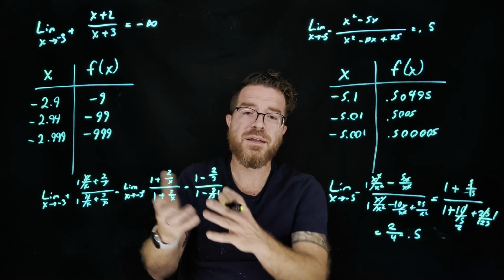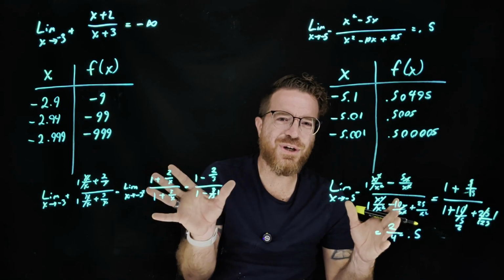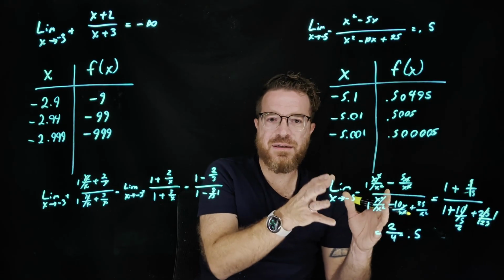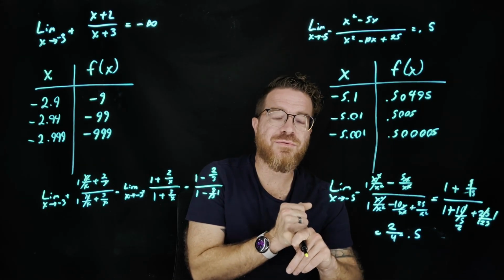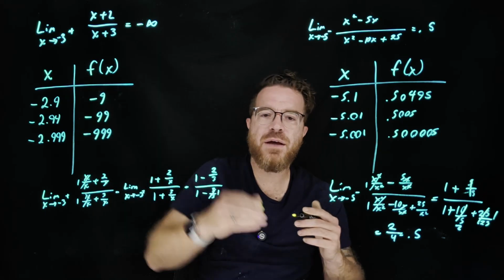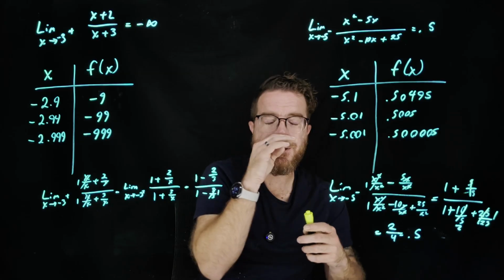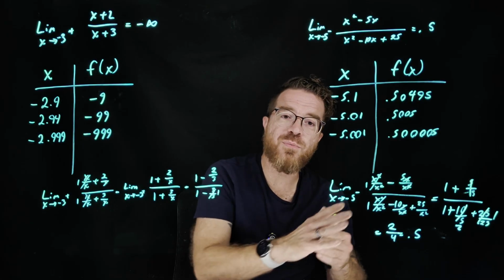Now, is there a way that we could analytically solve this other one? Yeah, there is, but for now, I just mostly wanted to use these problems to show that if you have a limit that is approaching from the left or right, and you're approaching some point where it's disjoint, meaning that you can't actually plug in the value, sometimes the approach you might take is you might plug in values as you get closer and closer and closer to determine what the behavior is